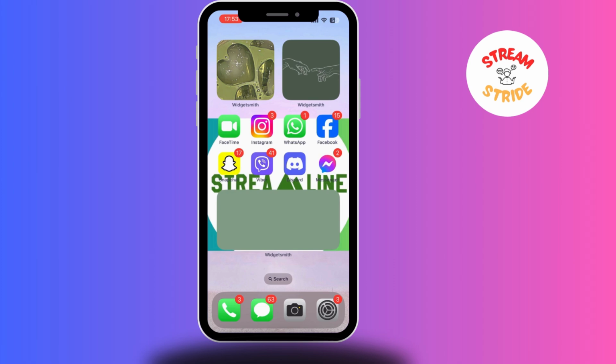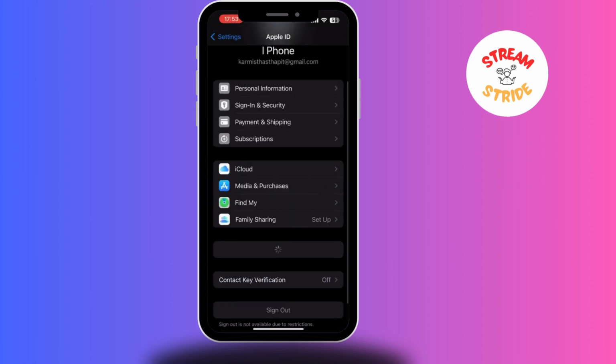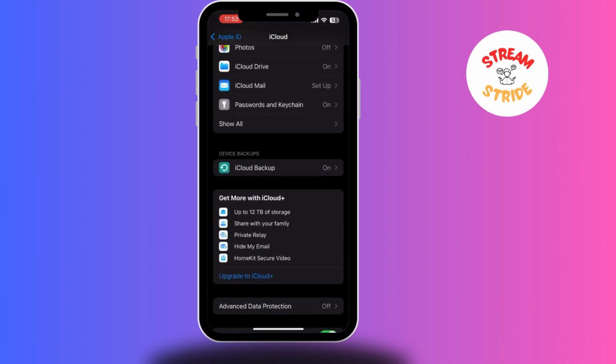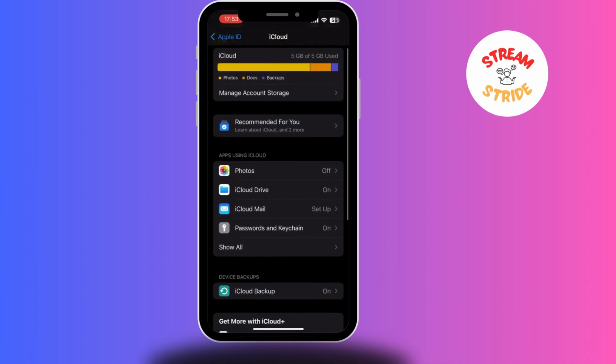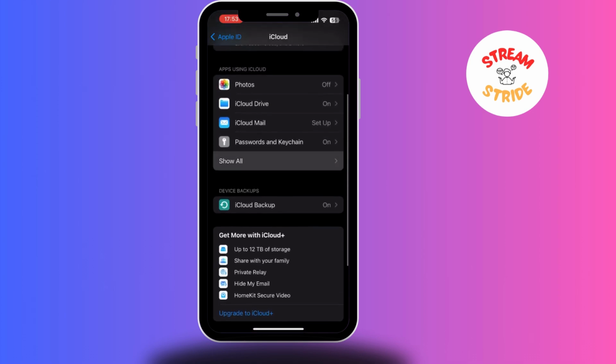So the first thing that you want to do is go to your settings, and then click on your Apple ID, and over here click on iCloud. As you can see, my backup is already full, but if you have an extended backup on your iCloud or you have not used your iCloud fully, then what you can do is click on show all, and